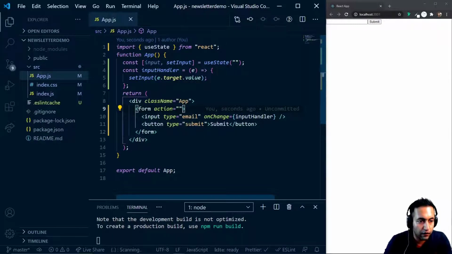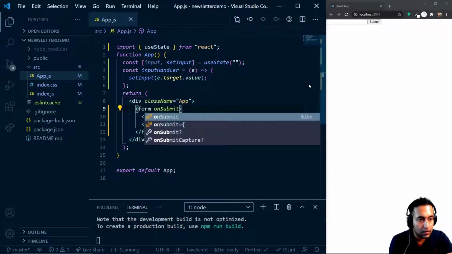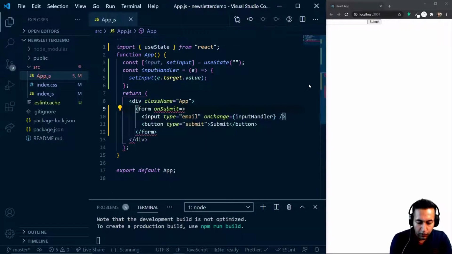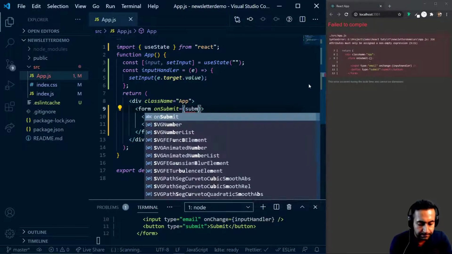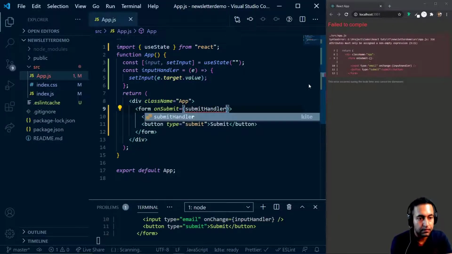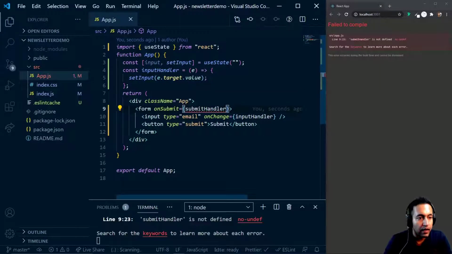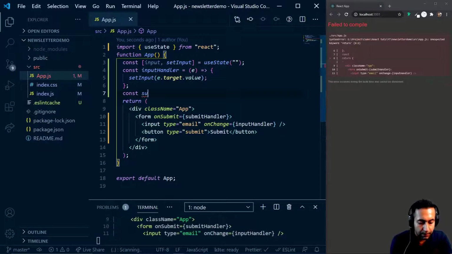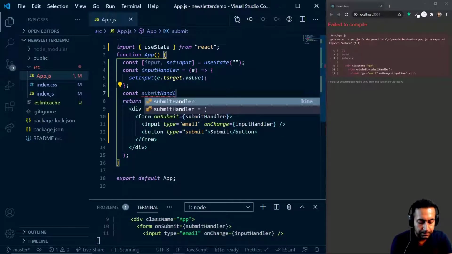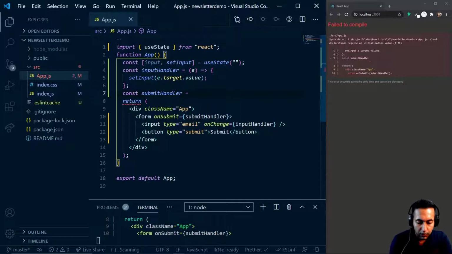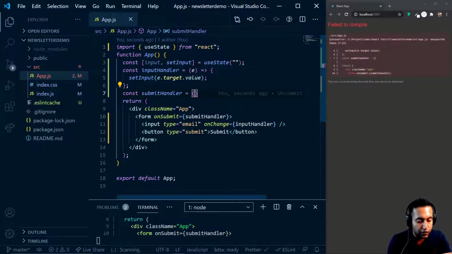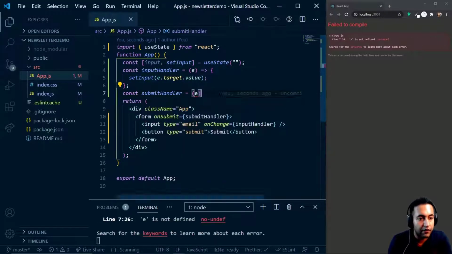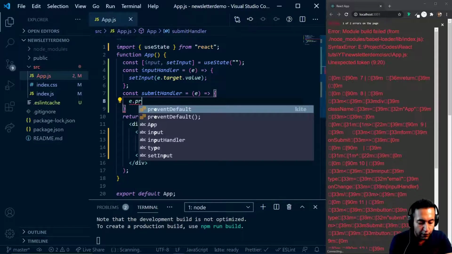Now the next thing which we want to do is we want to submit this input. So here in the form we'll say on submit, we are going to say submit handler, like this. And now let's create a submit handler. So we'll say const submit handler is equal to, we'll create an arrow function, we'll take the parameter event, and here we'll say e.prevent default,